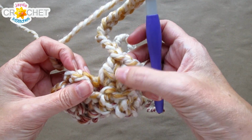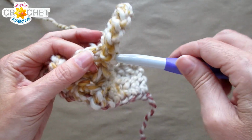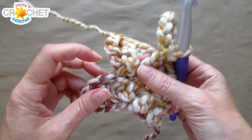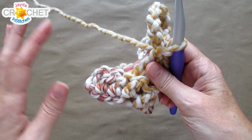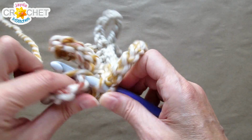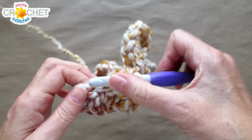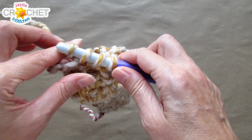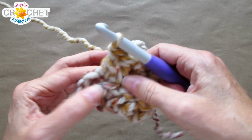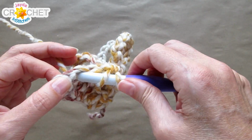Come on back down to that last double crochet you made and slip stitch into the top of it. Make sure that your loop is pushed forward because we're on an even row. So get all your loops out of the way. You'll have 3 double crochet left for the row. So double crochet into each of the remaining 3 stitches, and remember that the last one will be the turning chains from the previous row. So you double crochet into the top of the turning chains,